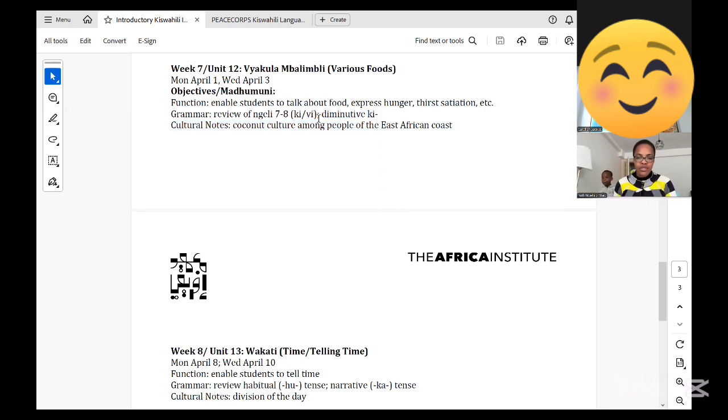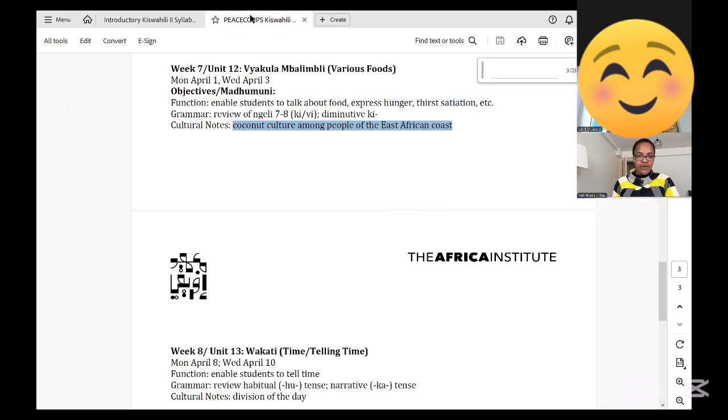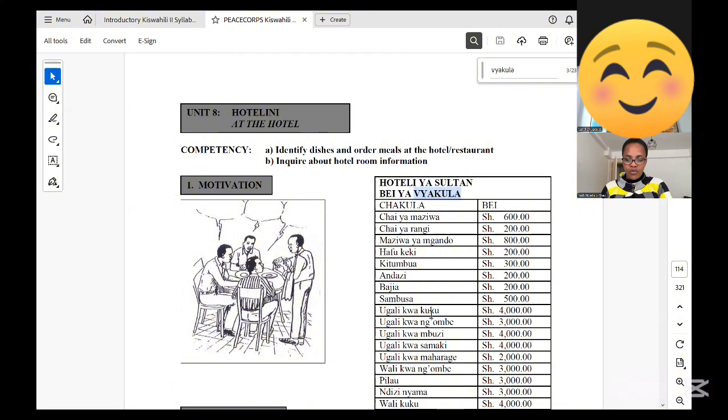So today we will see how it works with our topic. But then we will look at the cultural notes. Apart from coconut culture among the people of East Africa, we will see also, when it comes to food, what is Swahili culture? Kwa hiyo,